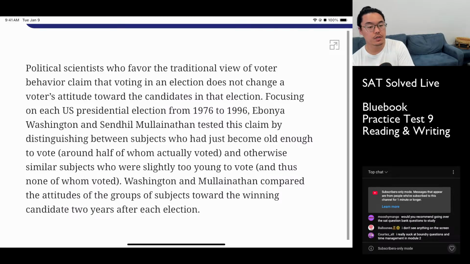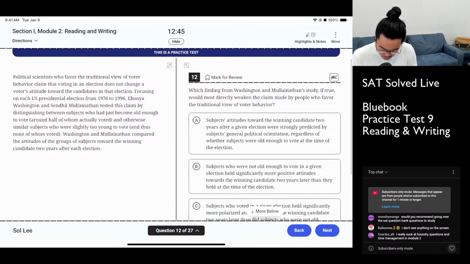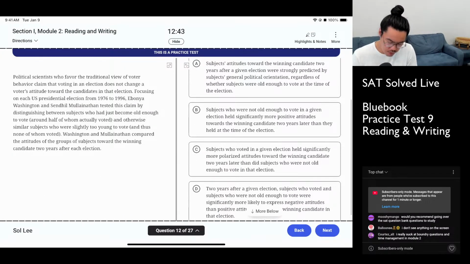And these two groups are similar in age, which is just a matter of social science experiment construction. Basically, we're trying to reduce the likelihood that their age is a factor. Okay, got it. So the voting group